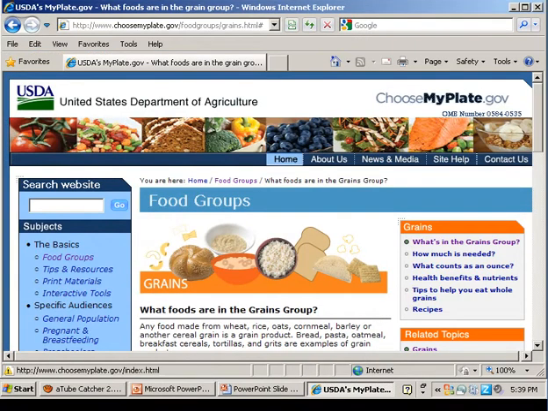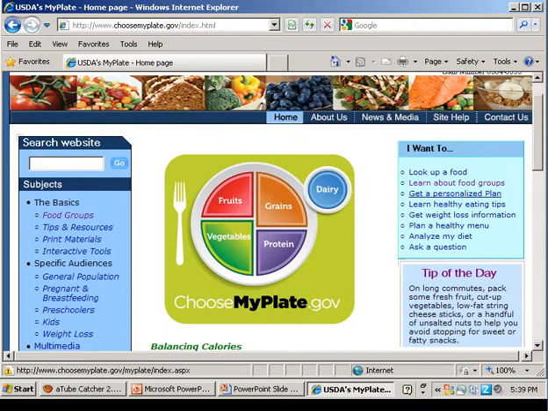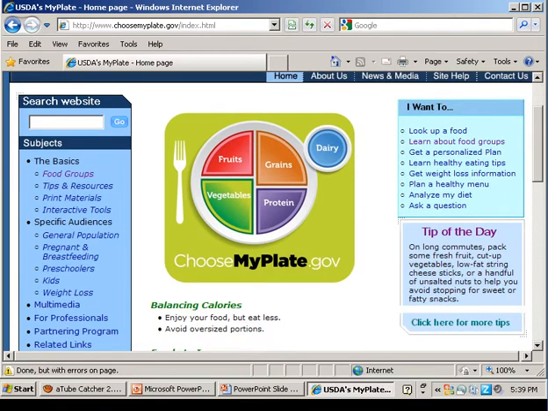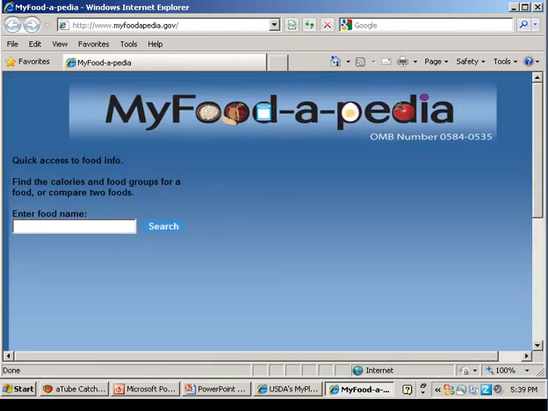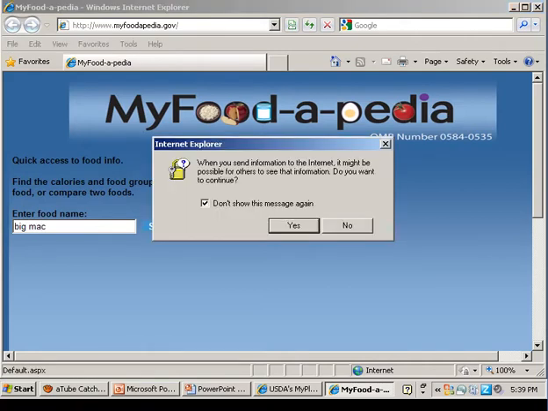We're going to go back to the home page, and we're going to look at MyFoodapedia. We want to click on Look Up a Food to the right side of the screen. It's going to take you to another page called MyFoodapedia. At this time, you can enter a food name that you want to search for. We'll put a Big Mac. If you click search,